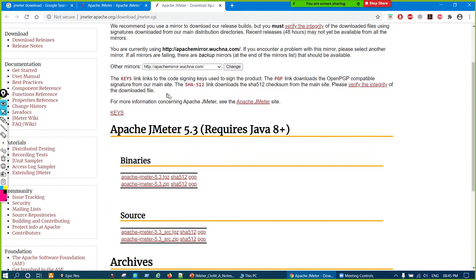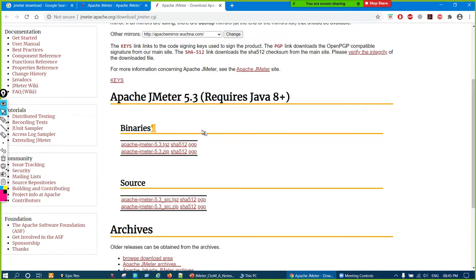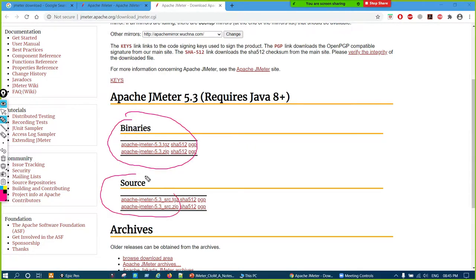Here the latest version is JMeter 5.3. Two sections are there, one is binaries, one is source. Source is not for us, source is for developers. Not our company developers, but freelance developers who want to develop something.